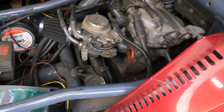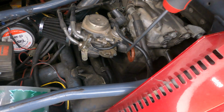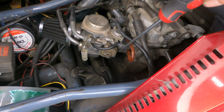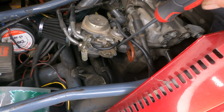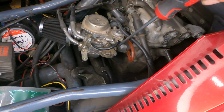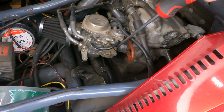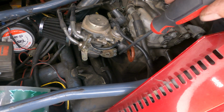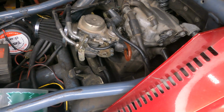I've also talked in the past about the clamp hitting the throttle plate, and it acts like a stop. If you have your clamp up here and you go to full throttle, you're going to hit the clamp, and it's going to stop your throttle. Your throttle's not going all the way. So in some cases, that's what could happen. You've got to have it way down here. So with that being said,